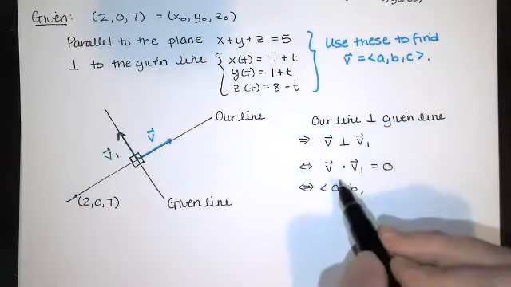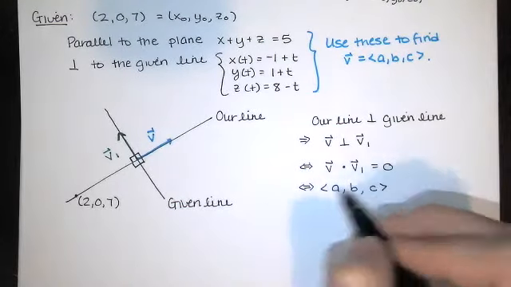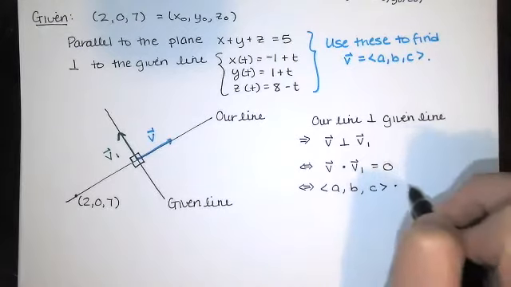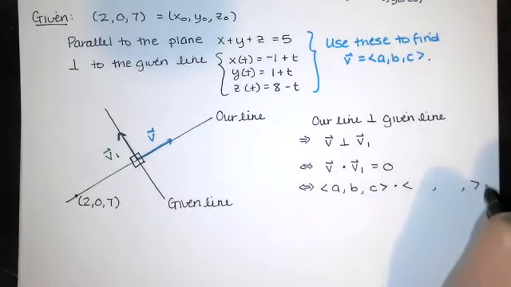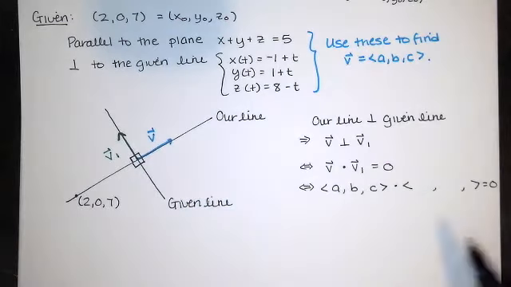Now the given, or our line has components A, B, and C. We don't know what those are yet. We're trying to find those. We know if we take this and we dot it with the direction vector of this line, we should get